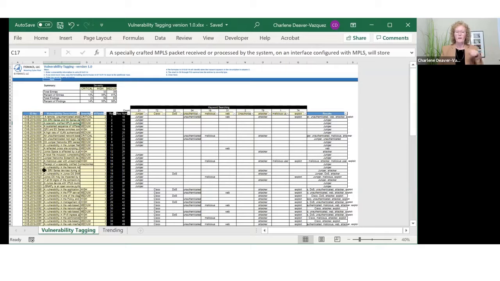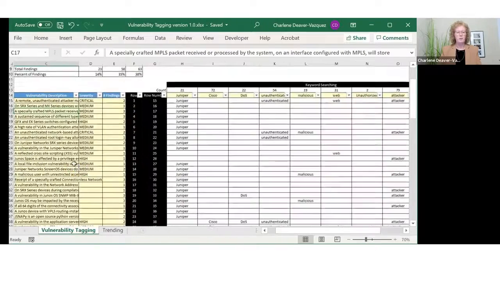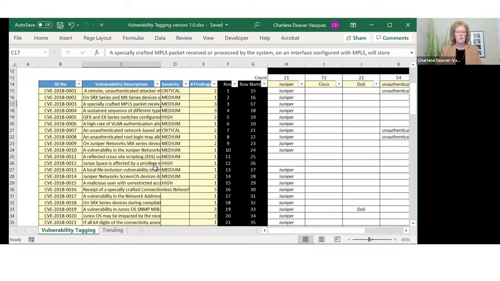The yellow on the left is data input, the way we colorize things. Anything in that pale yellow is data input. Everything in the white over here is the engine of the tool. What we've given you, I'm going to zoom back in so you can see, is that I went to the National Vulnerability Database and pulled, I think, 100 items